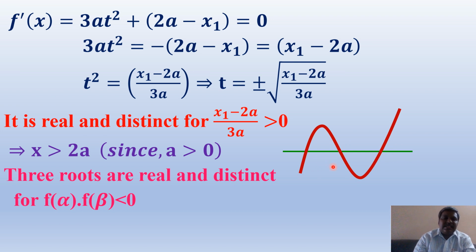In this case, that is f of alpha into f of beta less than 0. We obtain 3 real and distinct roots for my f of t. That means what? 3 real normals can be drawn from the given point to the parabola. So we have the parabola first of all. You write the general equation of the normal to that parabola, that is tx plus y equal to at cube plus 2at. If it is my required normal, then automatically it is passing through x1 comma y1. Substitute x1, y1 in my general normal. We obtain the cubic equation in t.